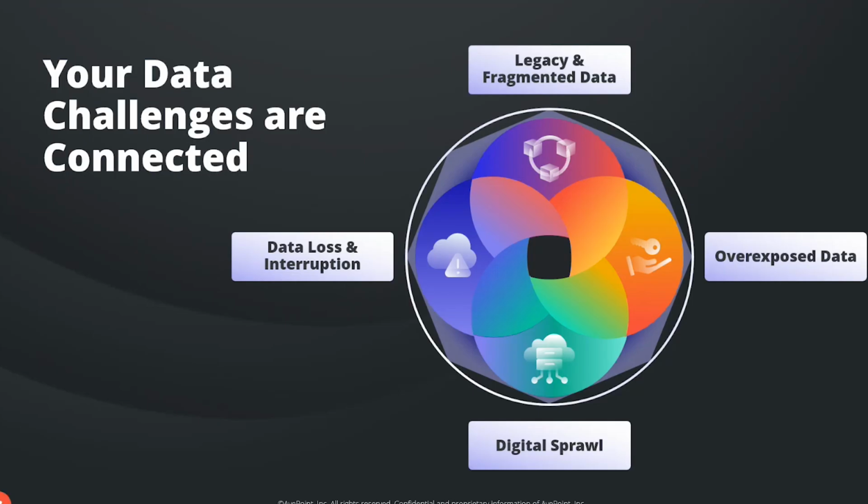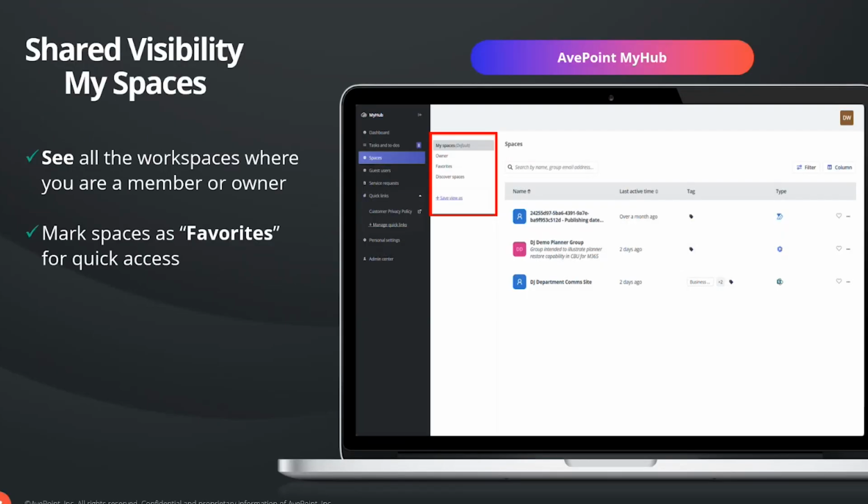But for everybody else, when you get into MyHub, what you'll see is a couple of things, right? This is where all of the things you have access to bubble up in one spot, right? So what spaces, what workspaces am I a part of? What teams am I on? What SharePoint sites do I have access to? MyHub gives you a way to see all of that as an inventory perspective.